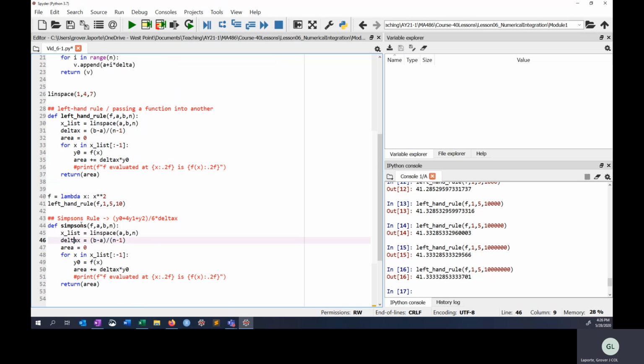So I got to line x_list back up. Delta x is the same, area is the same, and then when I get into here, it's the same because am I using the last number? I am not. So all of this becomes the same. So y0 is not this one, is not f of x. y0 is x_list